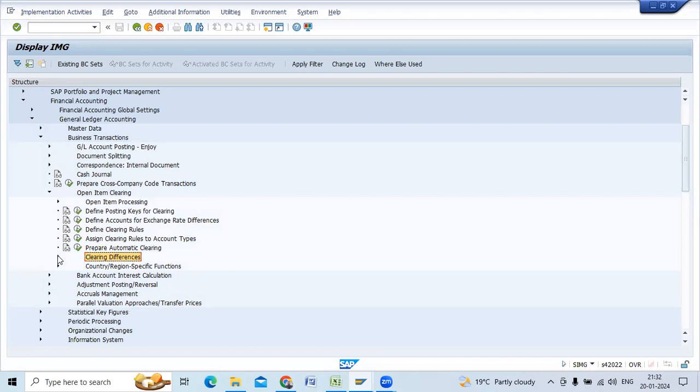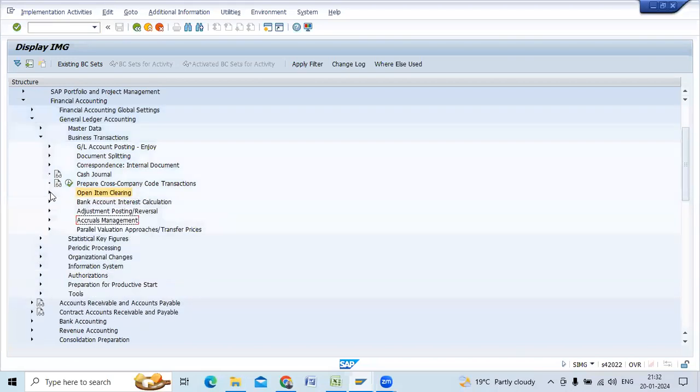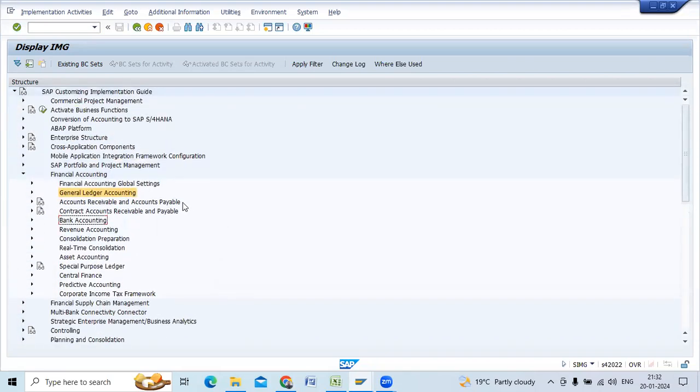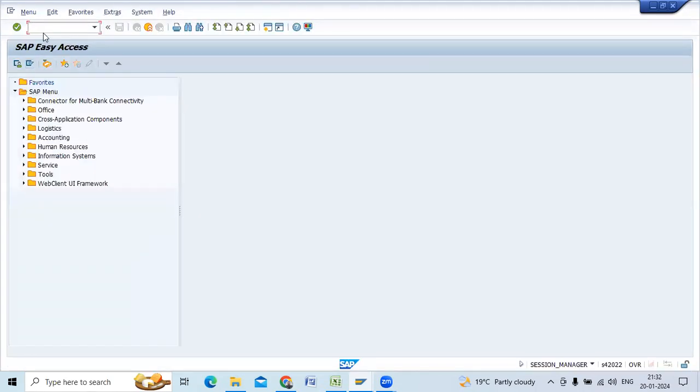No. Okay. So whatever we have created, now we will go and do the assignments. The assignments we can do in two ways. One transaction code I will give. Most of the things we can assign in that transaction code, but separately we can also assign one by one. There is one transaction code called the global parameter, OBY6. Just press enter